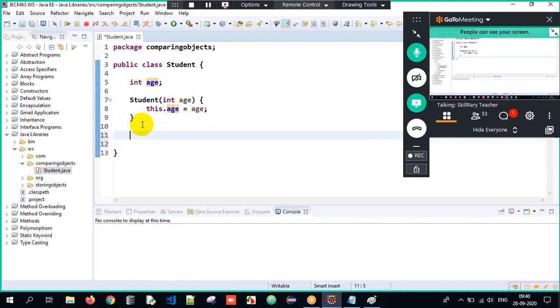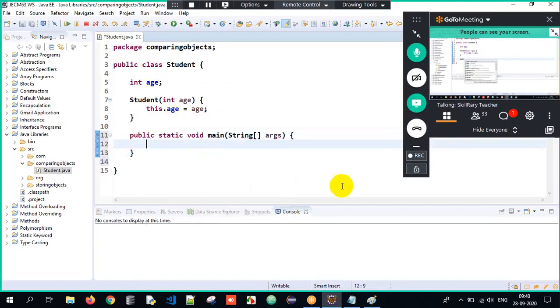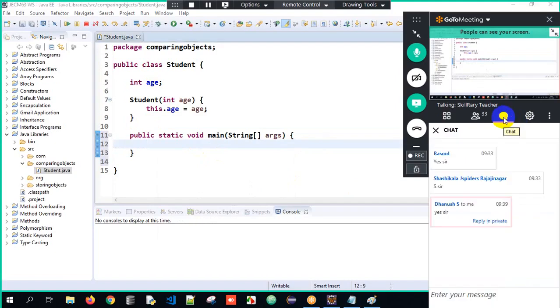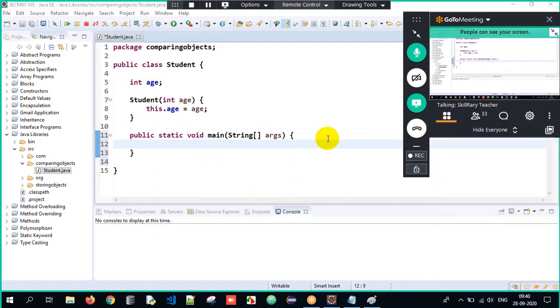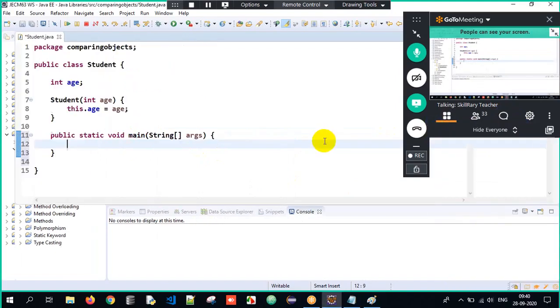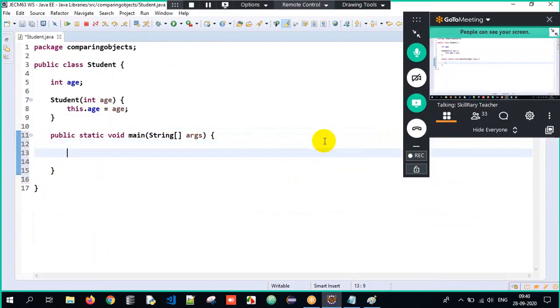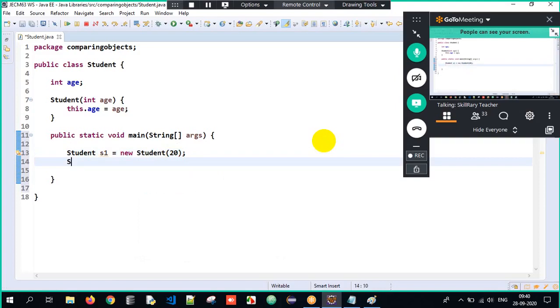Now here, I will have my main method wherein the execution will always begin. I'll maximize the screen, Control M. Now, I will create a couple of student objects. Student s1 equals new Student of 20.